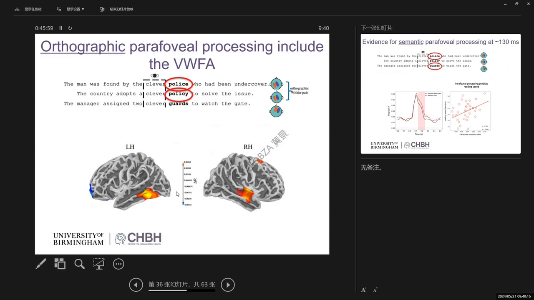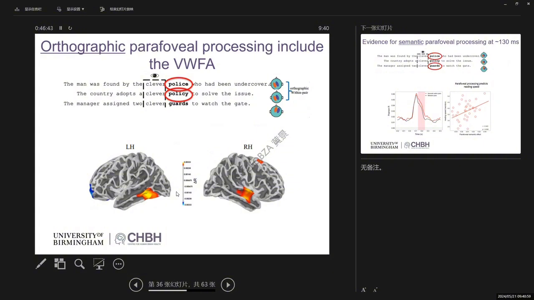So we talked a lot about methods the last 4 days, but the way we did this analysis was to take the data to source level. So we extract the surface of the brain, we do a grid, we do some spatial filtering to derive the time courses at each grid point, and then we redo the RSA analysis at source level using a searchlight approach, and then we find the effect in the visual word form area. There's also an effect in right temporal cortex we don't really know how to interpret.